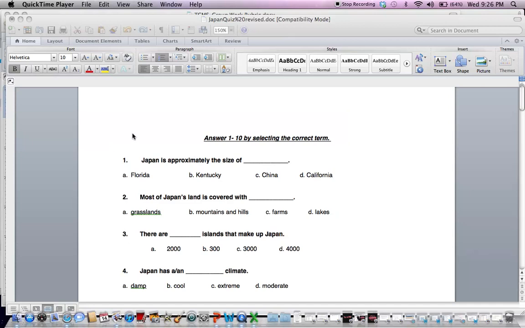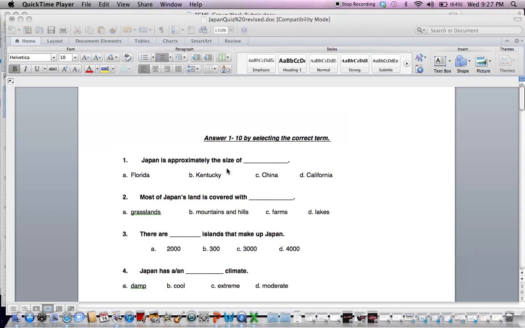November the 15th, 2012, and we're taking our 6th grade quiz over Japan. Okay, the screen is uploaded with the test, and you're going to hear my voice throughout the test. You can follow along. Raise your hand if you got any questions, and you can pause and play if you need to stop it and rewind it or fast forward it, however. Okay, start with number 1.